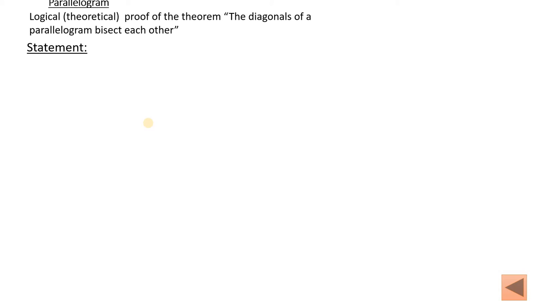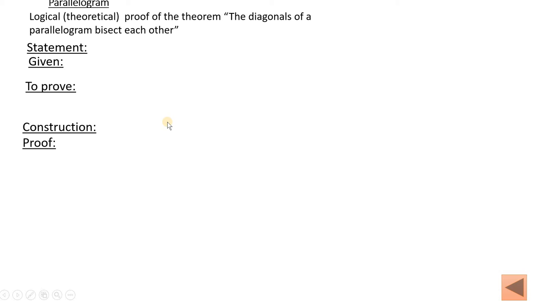In theoretical proof, there are 5 components. The first is the statement: the theorem, what does it say? The conditional clause and the result clause are there in that statement. Then given, which is the conditional clause: what is given in this one? And then to prove: what is the result which is to be proved using already established facts. And then construction: any constructions needed in the proof of the theorem. And then the fifth part is the proof: how we proceed, place our arguments to prove it.